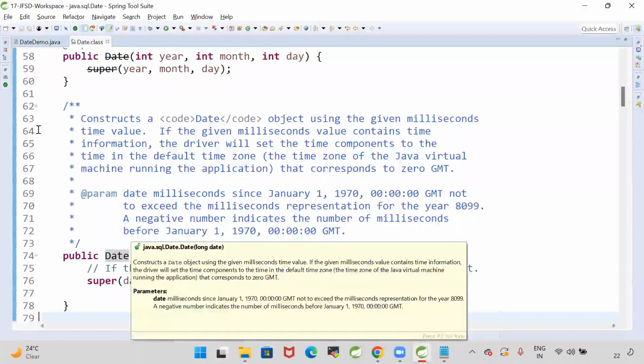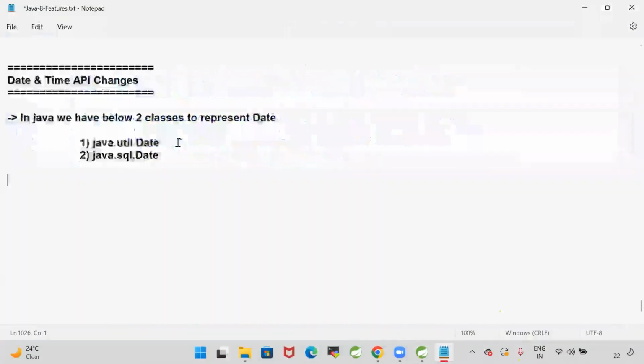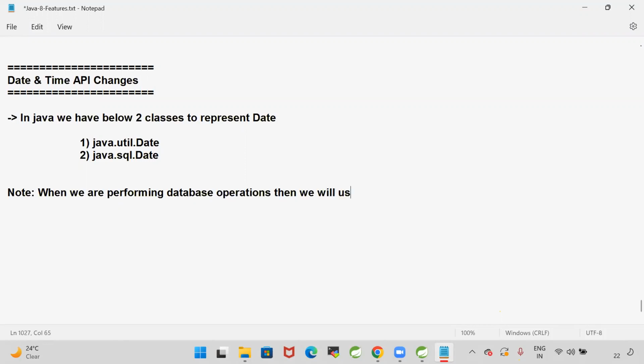So in Java, we have two classes to represent the date. One is java.util.Date, another one is java.sql.Date. When we are performing database operations, then we will use the java.sql.Date class. To deal with date and time in Java, we have two classes: java.util.Date and java.sql.Date. When we are performing database operations, we will use the SQL Date class. For normal date related operations,